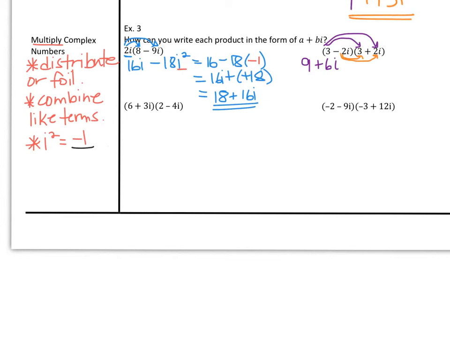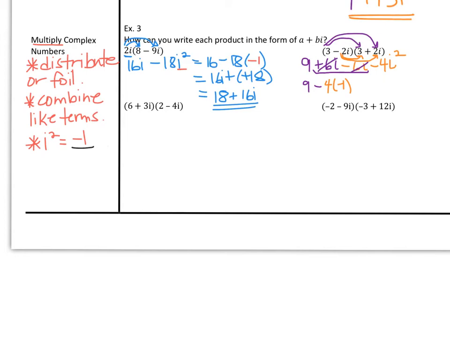Negative 2i times 3 would be negative 6i, and negative 2i times positive 2i would be negative 4 times i squared. Now, if I were to combine like terms, the positive 6i and the negative 6i in the middle cancel out. That leaves us with 9 minus 4 times negative 1,